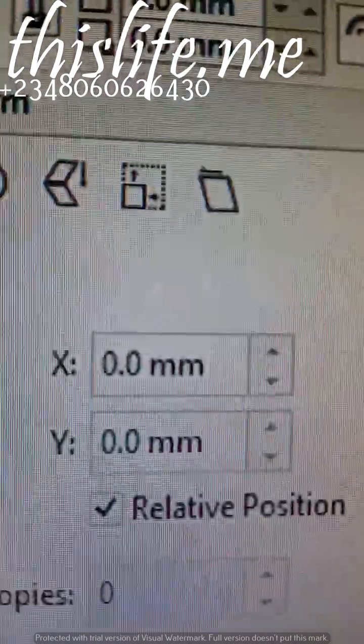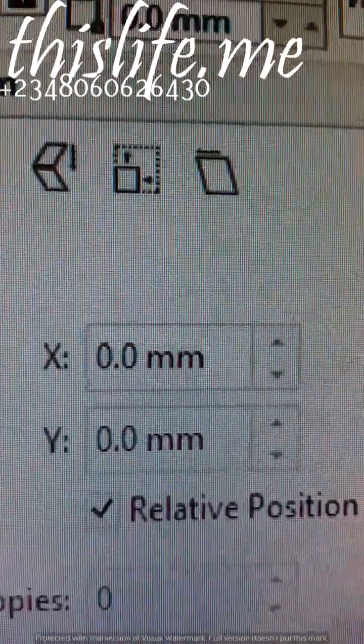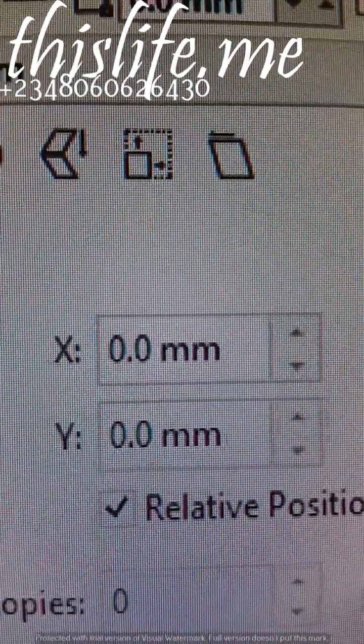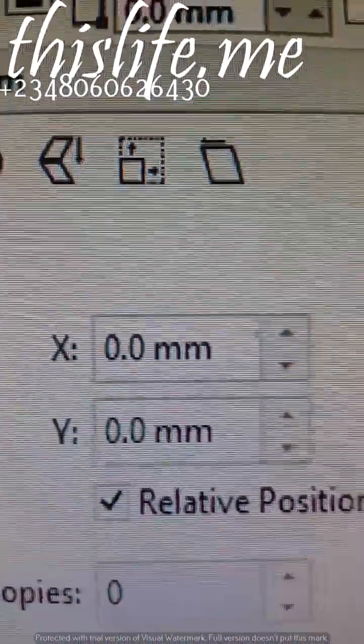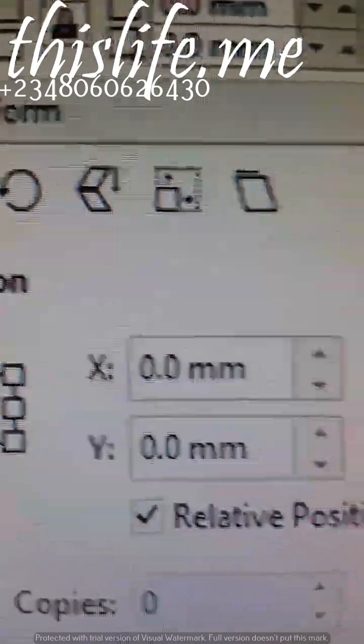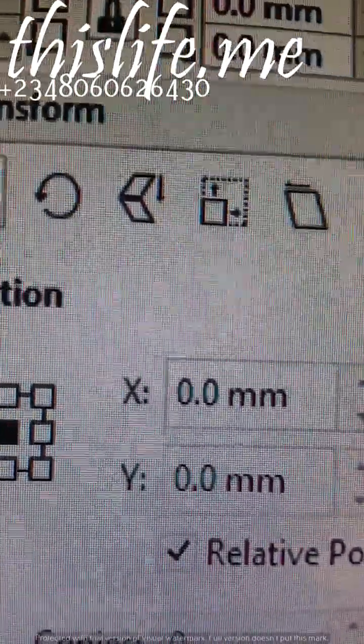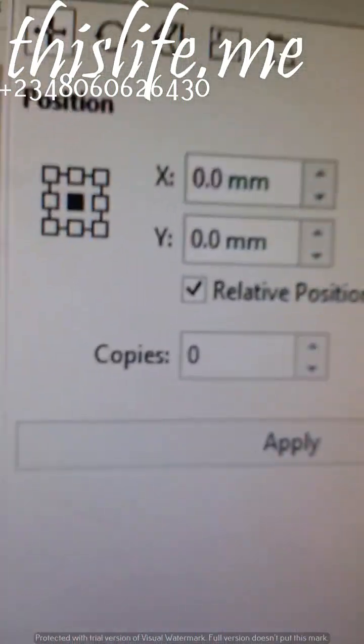On the setting, you can notice the X and Y axis. X indicates the horizontal part of it, while the Y represents the vertical aspect of it.